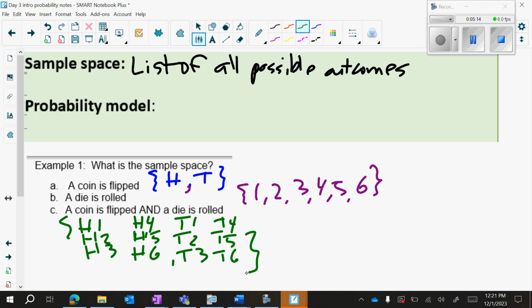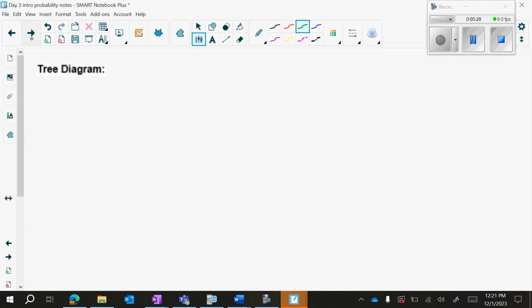So basically, that concept, listing out all the possible outcomes, is the sample space. Now, what I could have done instead of listing them all out is a handy way to get your sample space: create what's called a tree diagram. A tree diagram would represent the first event, which in this case was the coin flip, heads, tails, like so, showing either heads or tails for the first branch, representing the first outcome.